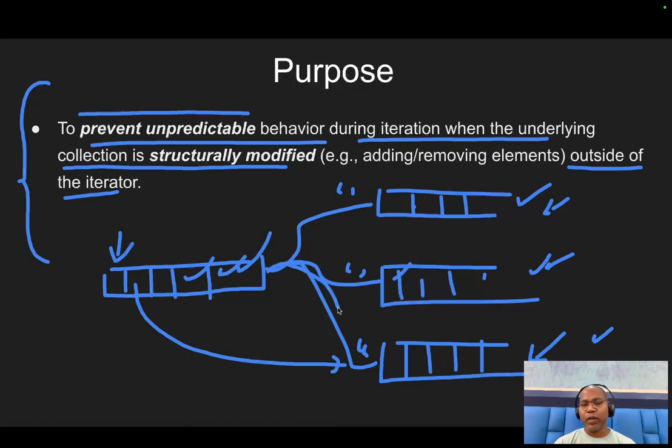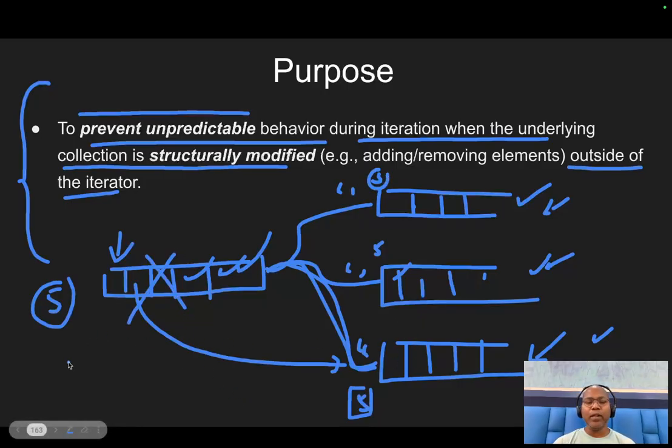Whenever they create an iterator, at that time they understand, hey, maybe there are five elements in this original collection. They know there are five elements. While iterating, if you remove one, then it becomes four. The iterator has a concept